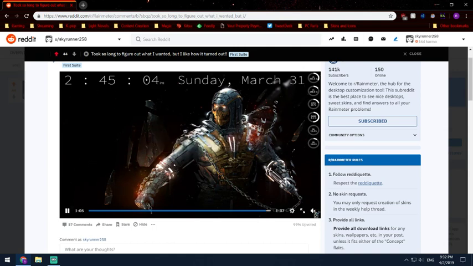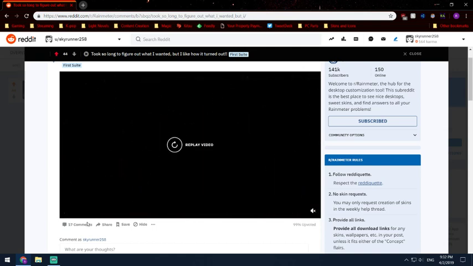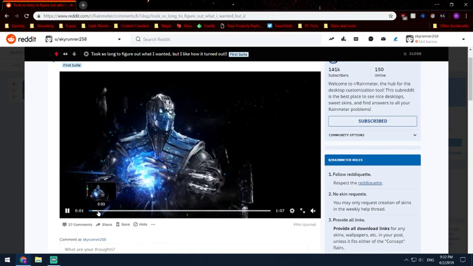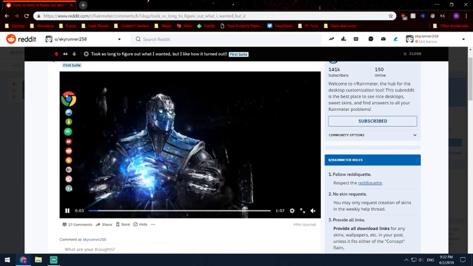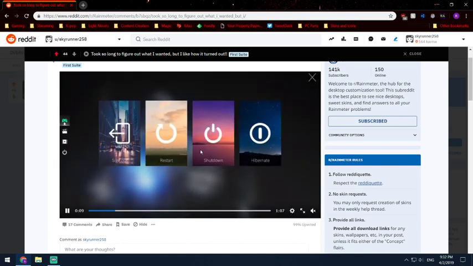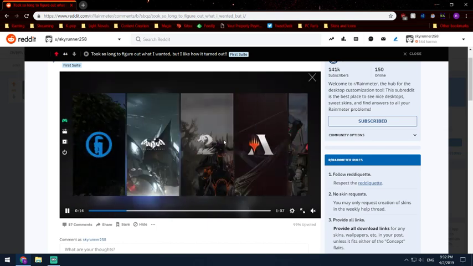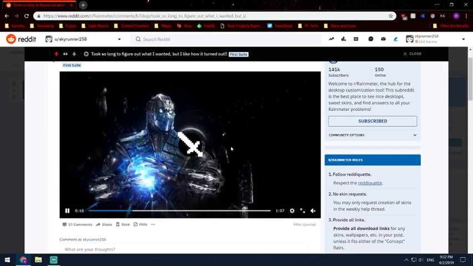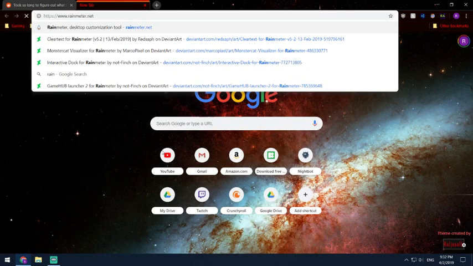One of the questions I got down in the comments was how I set up this. Just how to set up this dock and how to add in custom icons. So I figured I may as well make a quick video about how to at least change up those icons. Let me stop this. So first thing you need to do is go to rainmeter.net